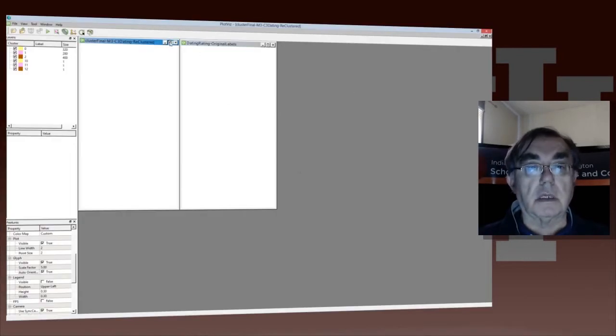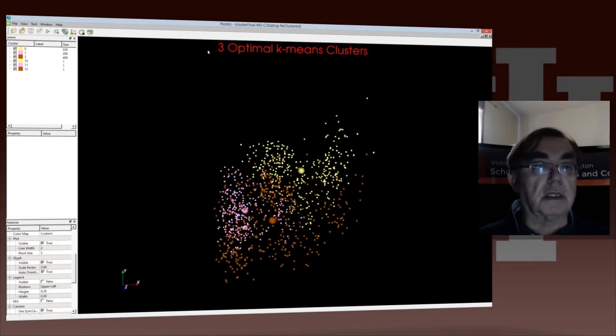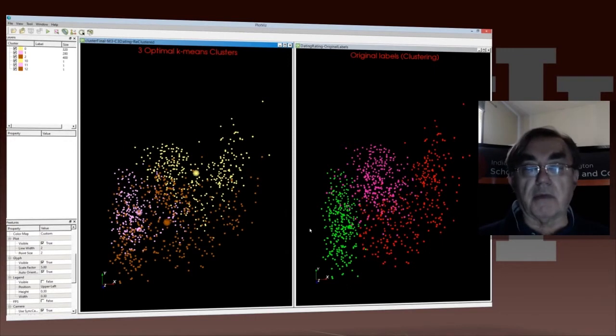Let's just, actually I need to tile these windows. And now I have a nice PlotViz with 2 clusterings here. I now have the reclustering, which is the so-called optimal case on the left, and the original on the right. This is the case where the z-axis is essentially perpendicular to the board, and so the original labeling is pretty